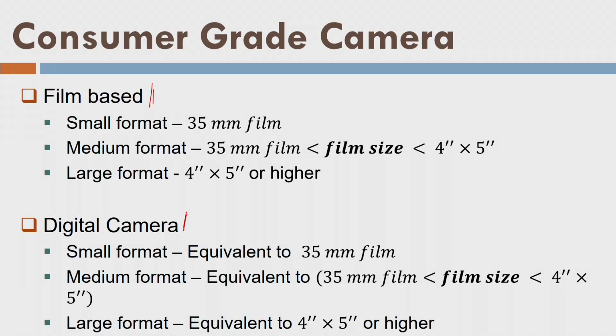Okay. So now we have small format, medium format and large format, and these formats are also equally applicable to aerial cameras. I would like to say here that these definitions are more or less stable for the consumer grade camera, but in case of aerial cameras, this is changing very rapidly today. That is why we are not specifying any limit or any criteria for the digital aerial cameras.